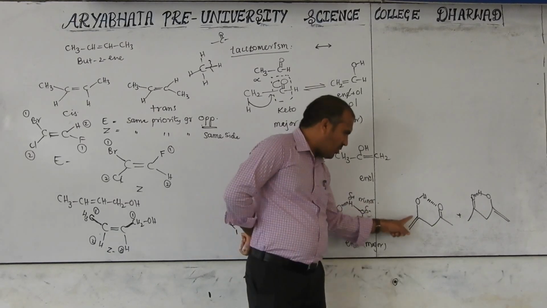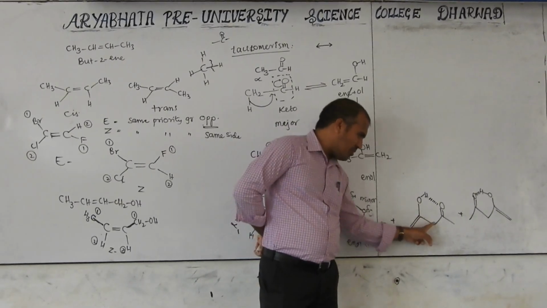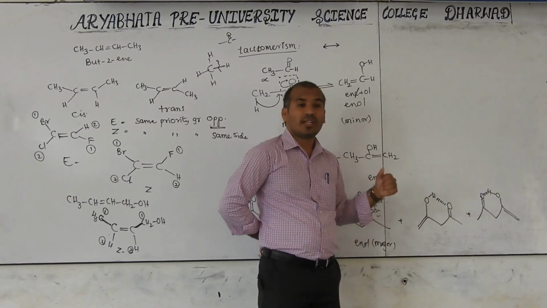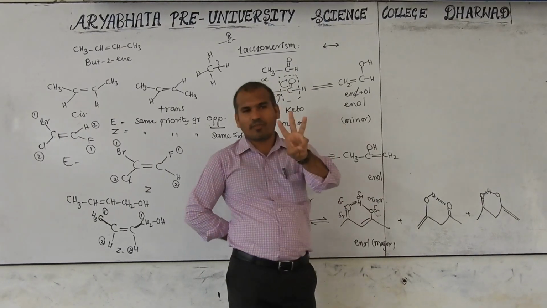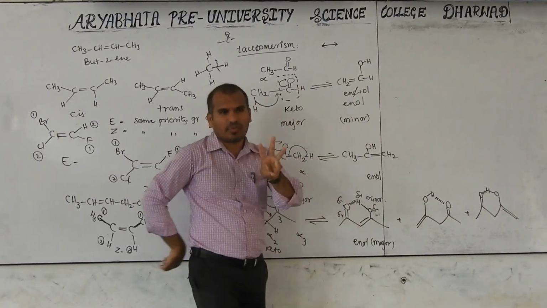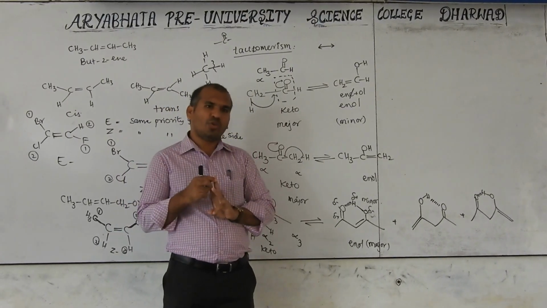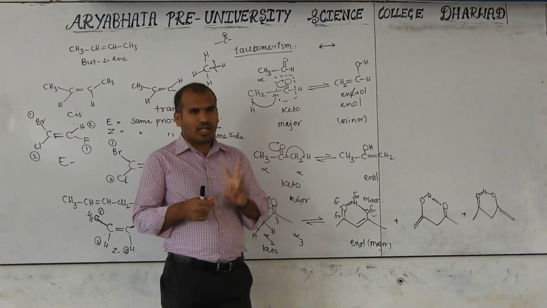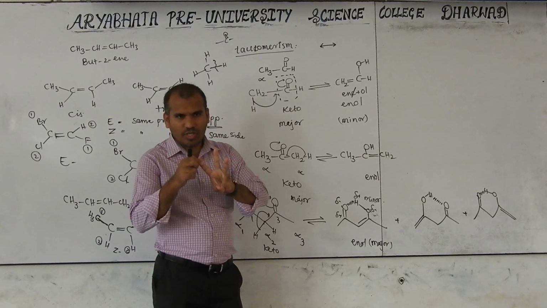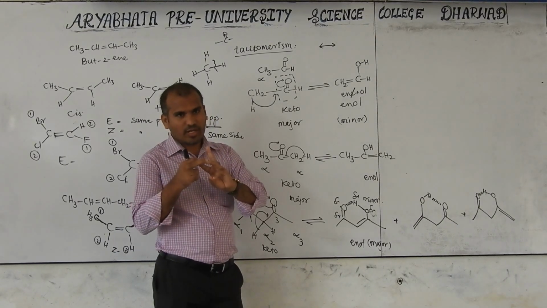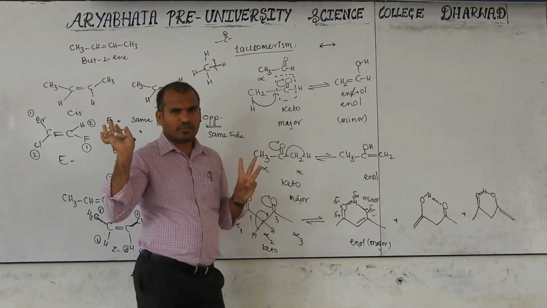Conjugated: double bond, single bond, double bond, single bond, single bond. It is not; it is isolated. I explained the three types of alkenes in the alcohol chapter, somewhere in the elimination. What are they? Conjugated, cumulated, isolated. Among these three, conjugated is more stable than isolated, and cumulated is the least stable.